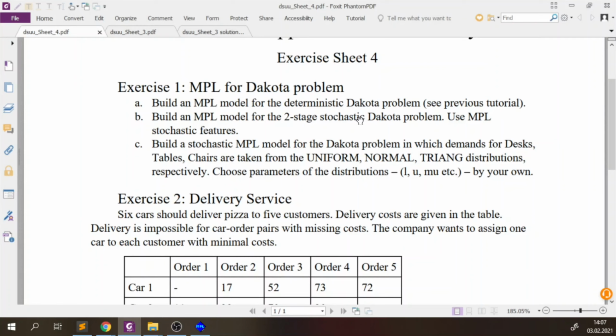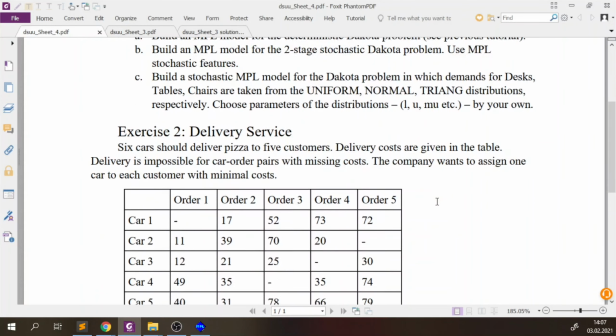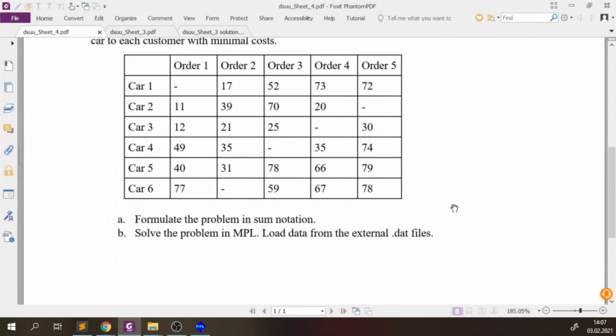And then we looked at a quite specific case just to see that MPL has many different syntactical structures, and we can define many things using it. Here we looked at the case when the demand for different products is described by one of three different distributions. And now we can go to the next problem,